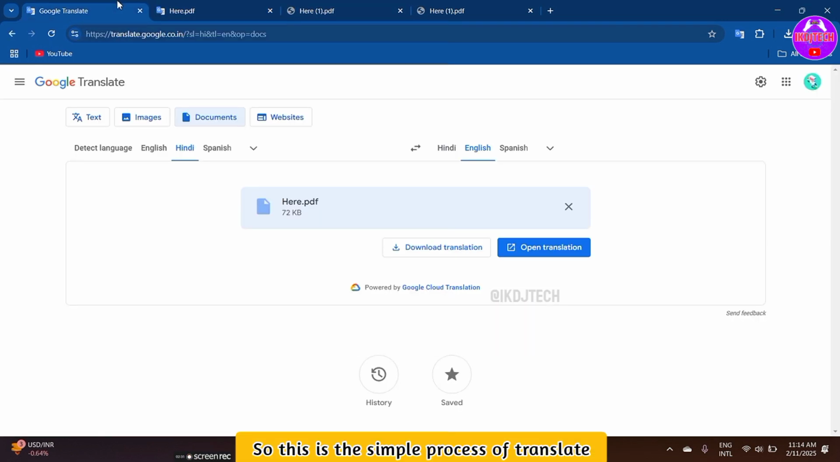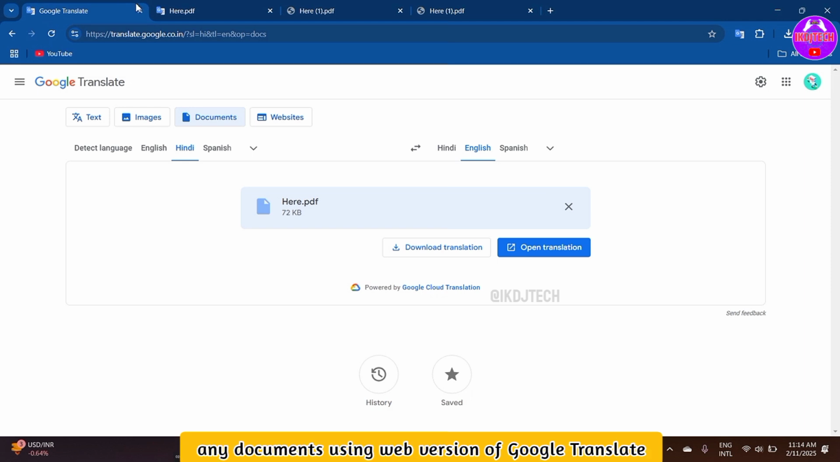So this is the simple process of translate any documents using web version of Google Translate. You can also translate different type of file